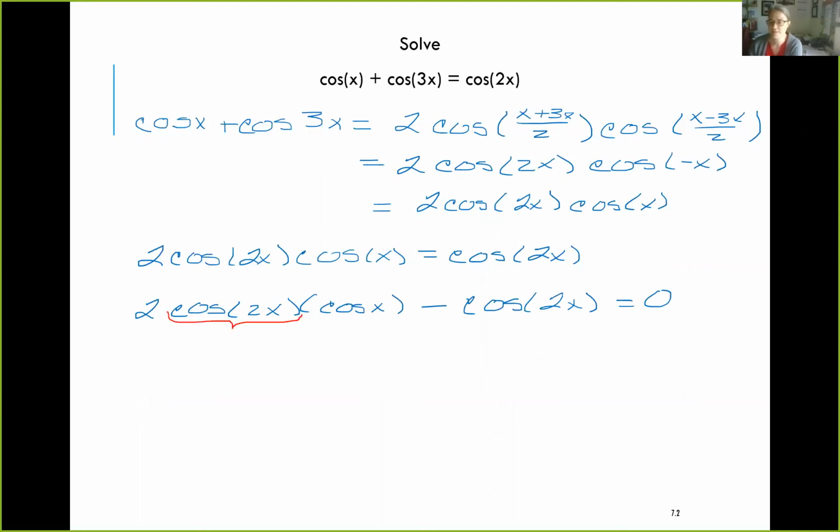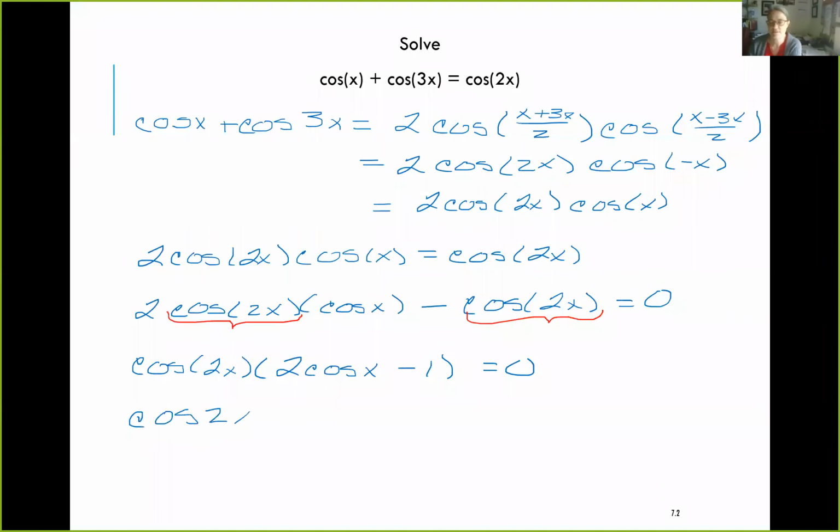Those are going to be the same number. So let's factor that out. That'll give us a cosine of 2x multiplied by, what's going to be left here is 2 cosine x minus 1 equals 0. So now we can treat this exactly as a factored polynomial and realize that cosine of